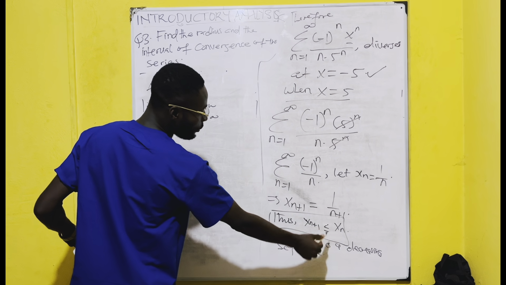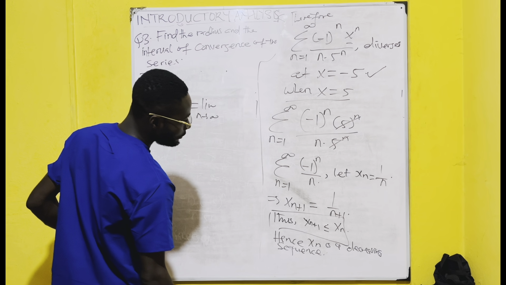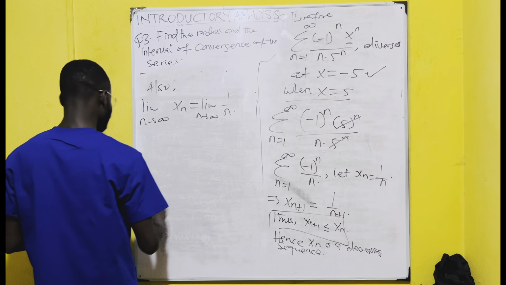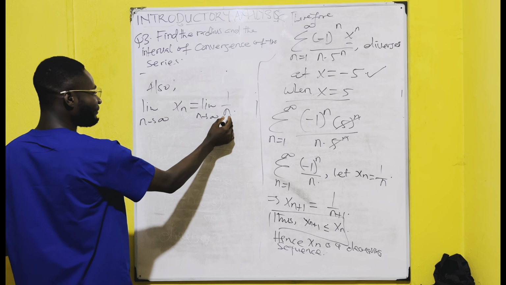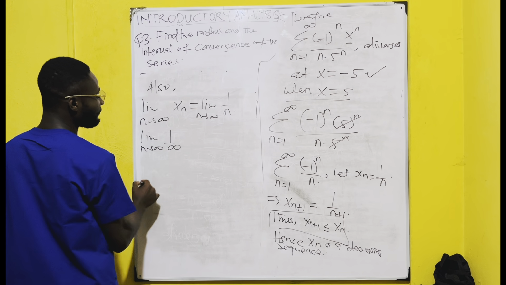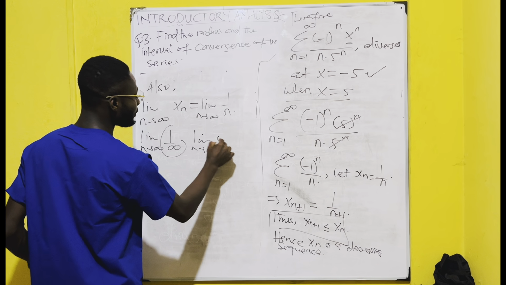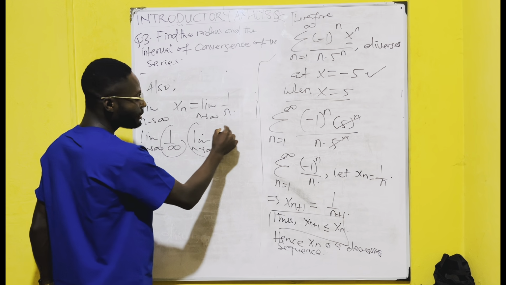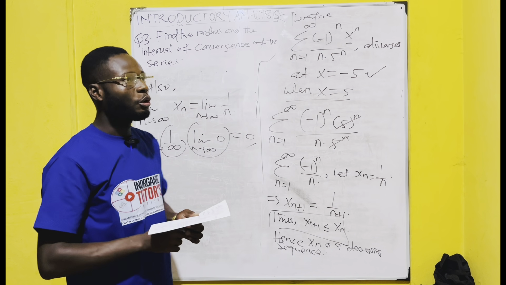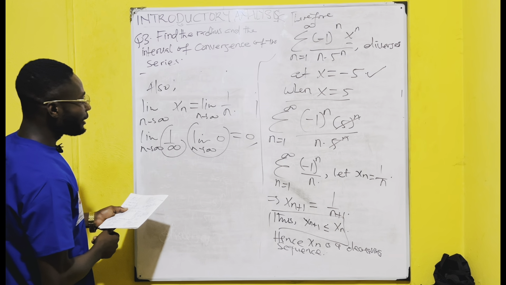Sn here is what? 1 over n is equal to 1 over n, right? So we know that when n is infinity, then we're going to have the limit as n approaches infinity of 1 over infinity. 1 over infinity is what? 0. So we have the limit as n approaches infinity of 0. The limit of a constant is the same constant, of which we have 0 there. So we can say that by the alternating series test,